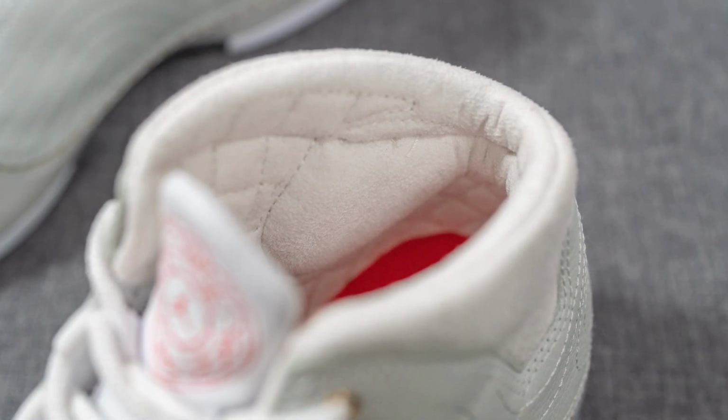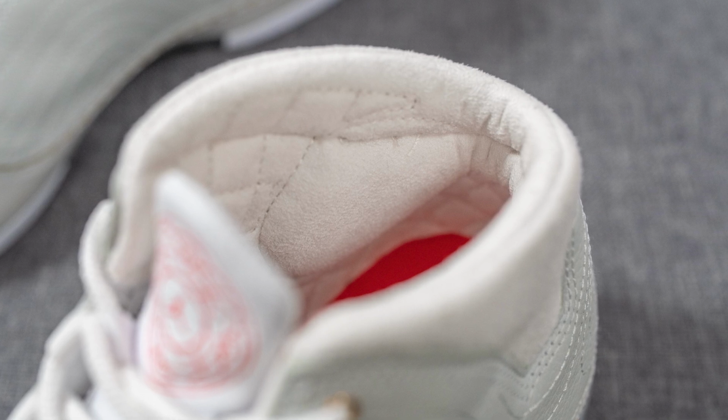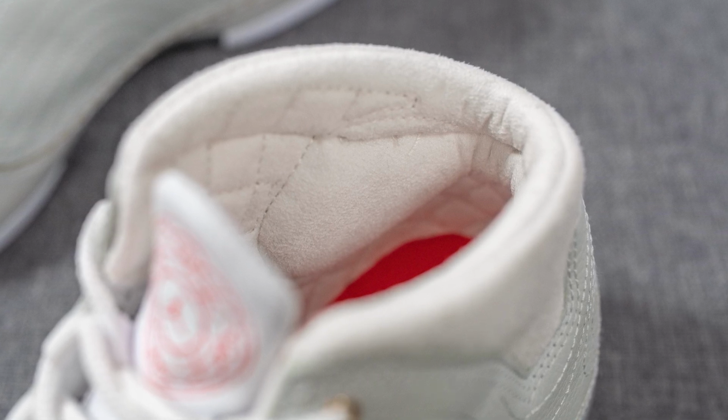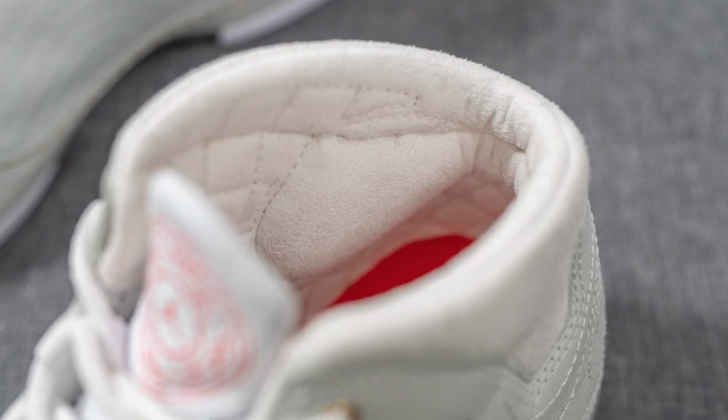And then underneath this, the underside of the tongue is finished in this quilted style, which again is a nod to the whole luxurious feel of the sneaker. The same can be said about the inner collar of the shoe as well. This is also stitched in that same quilted finish, and there's additional padding surrounding the back portion of the Achilles area. This is a dual density foam setup, and these pods around the back of the shoe